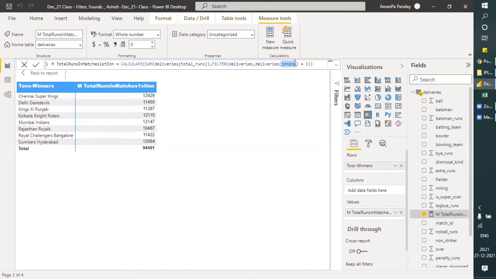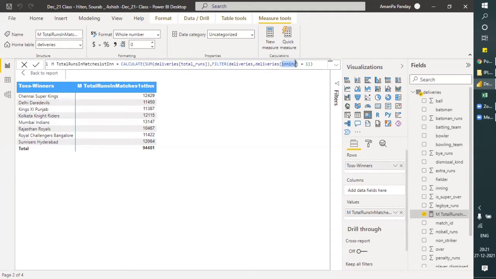To find that, we have the first inning runs. Now we also have to find the total number of matches played by each team. Then we can get the average.